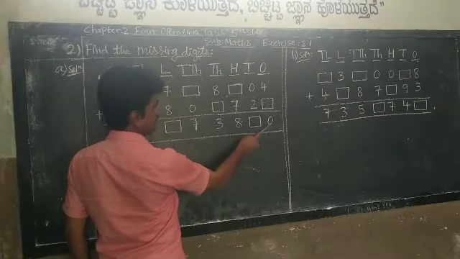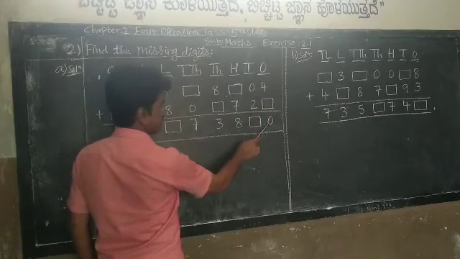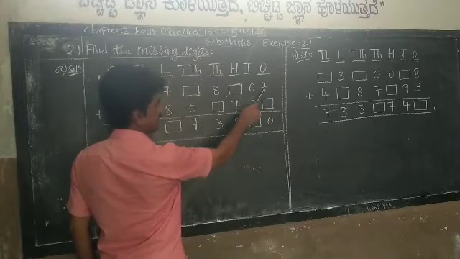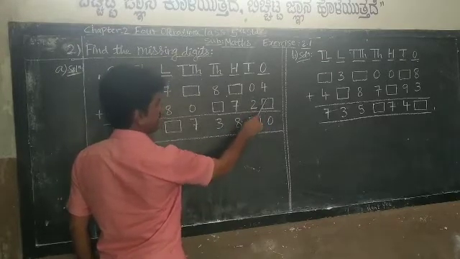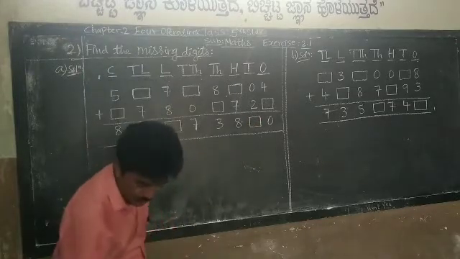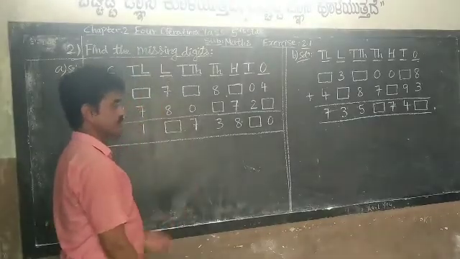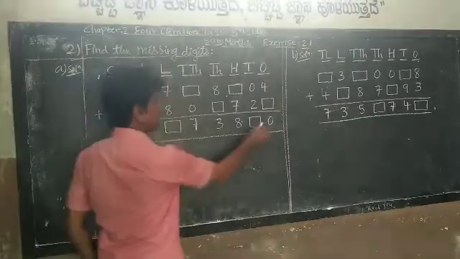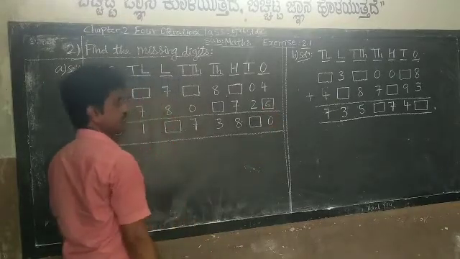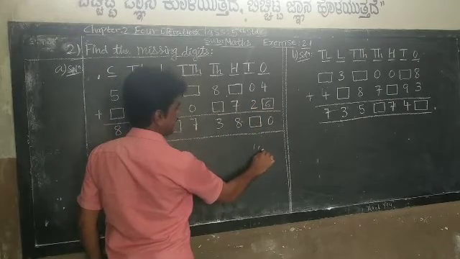4 plus dash is equal to 0. 4 plus dash is equal to 0 means 0 is the sum here, answer. 4 is existing here, but there is some digit missing. That missing number you have to fill here. What number you have to fill? In 4th standard also you have done these kind of problems. So to get 0 here, you have to put 6. Then only it will become 4 plus 6, 10. See, 10 you will get.